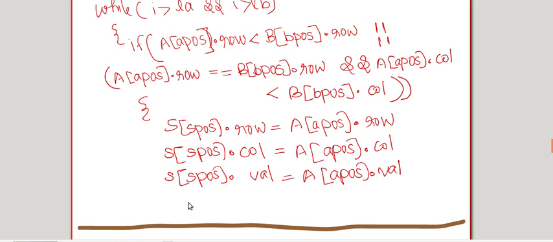Once I have completed the copying, I need to increment S pos, as well as A pos because I have copied from A.